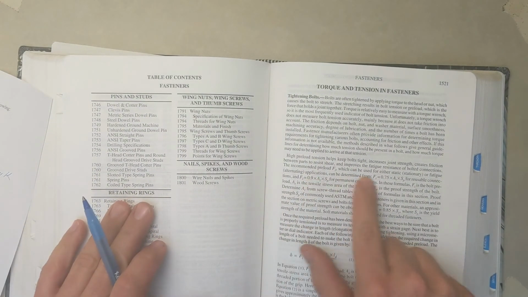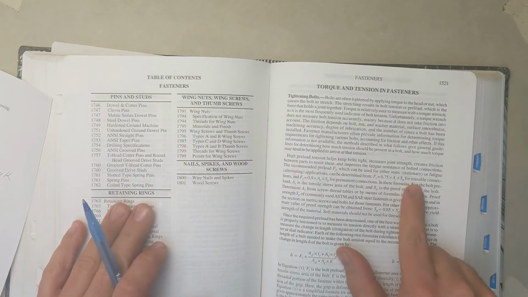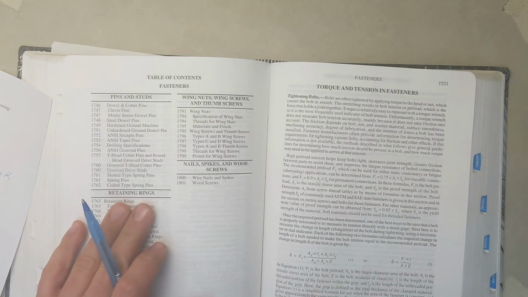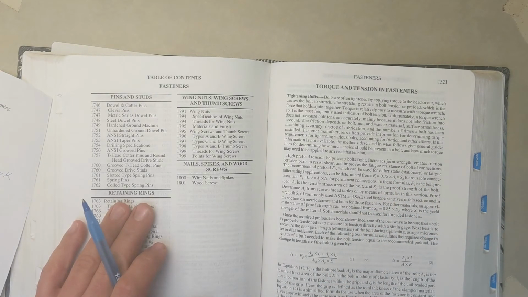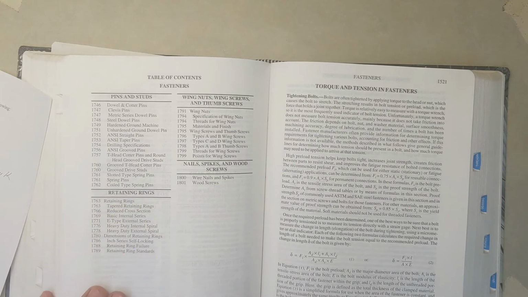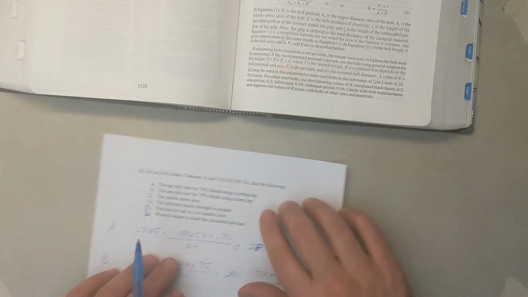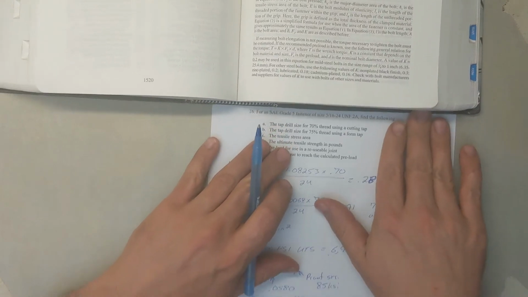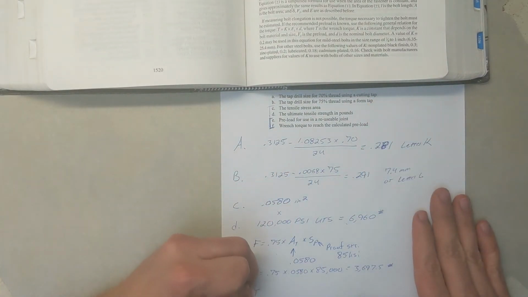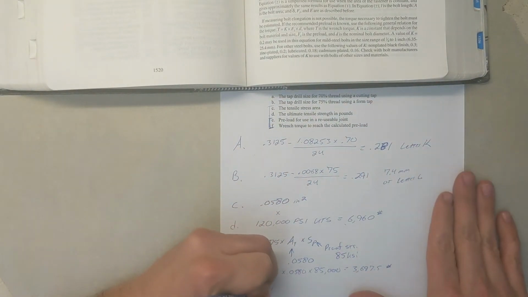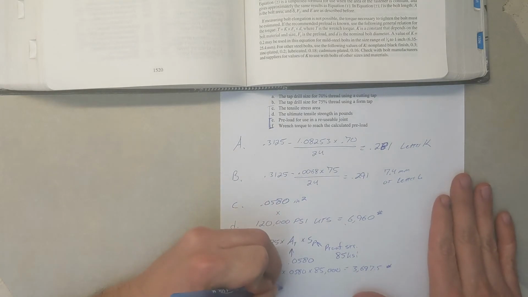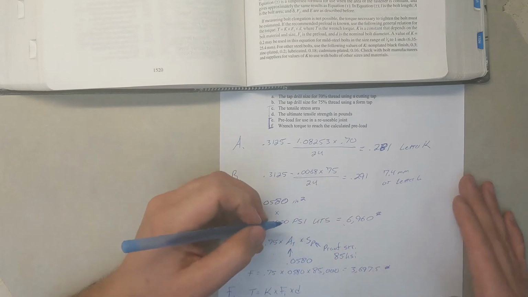If we look on the same page that we just talked about the preload for reusable connections, if we come down a little bit, it says right here, the torque necessary to tighten the bolt is estimated using the following formula. And that formula is T equals K, which is a K factor, times F sub I times D, where